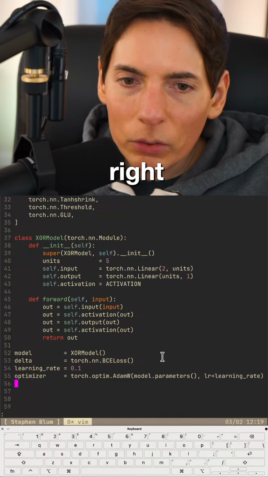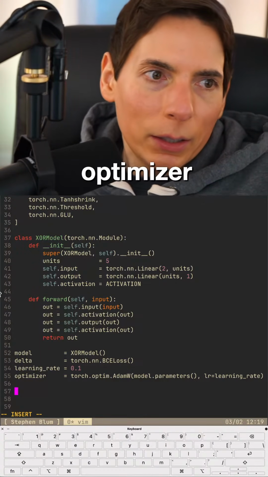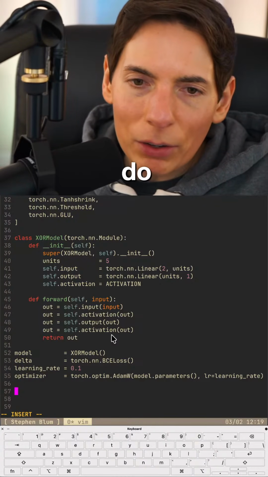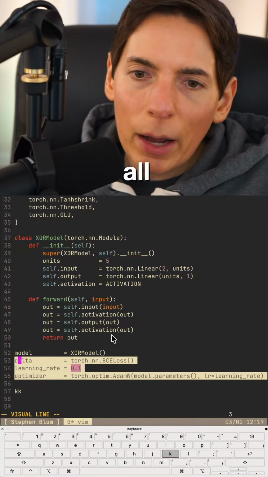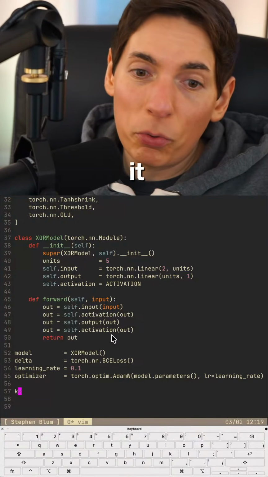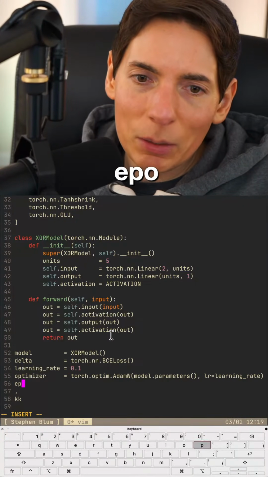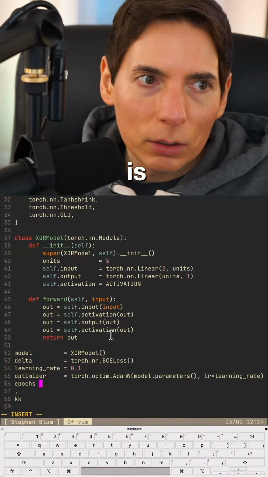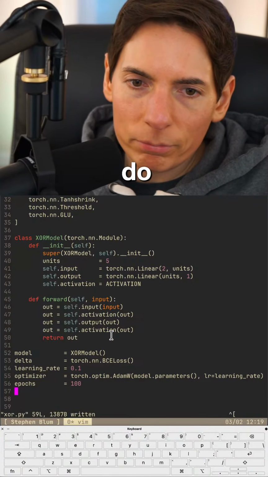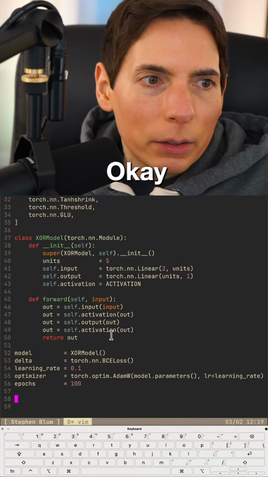All right. So we got our optimizer. And then we need to optimize what we got to do. Now that we've got all of our hyperparameters and everything set up, we got our model. Now we just run it through a for loop. The number of epochs. Epochs, we'll do 100. Okay. Then